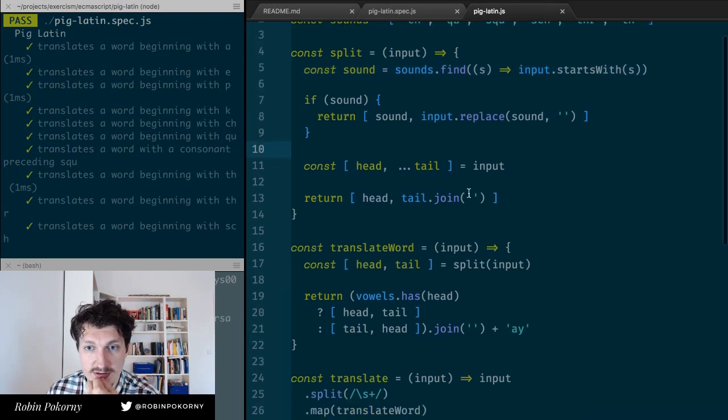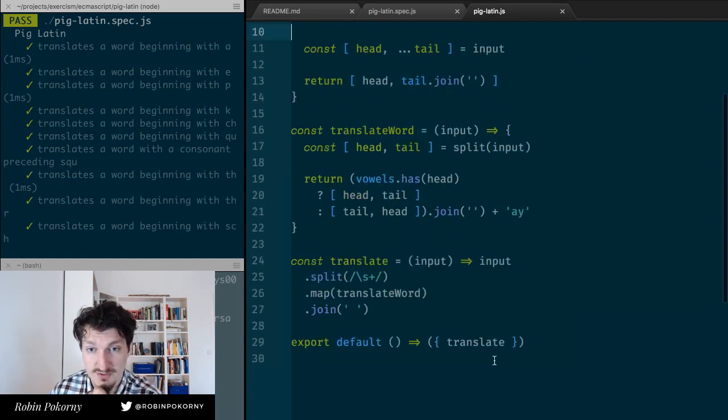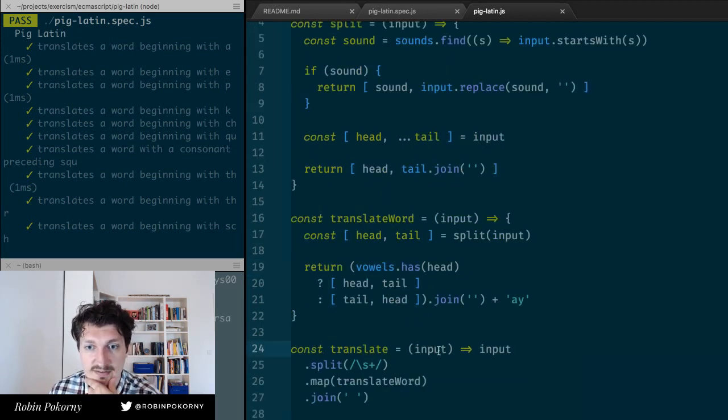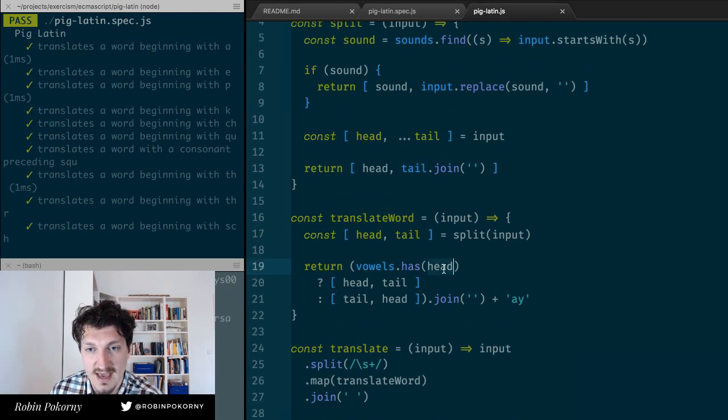So let me go through that and see what we can change. First is translate, which takes the input, splits it with space, translates each word and joins it with space. That's what we want. And we have the translate word method, which takes input, uses this split function, which returns head and tail. And then if the head is a vowel,